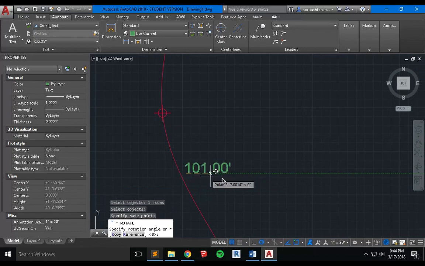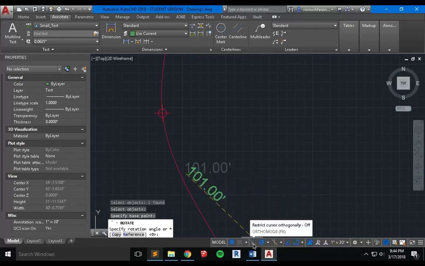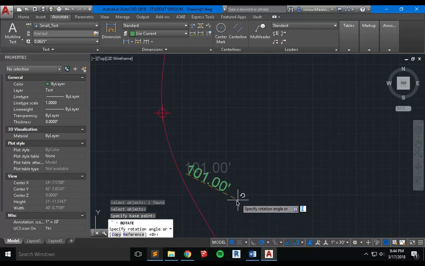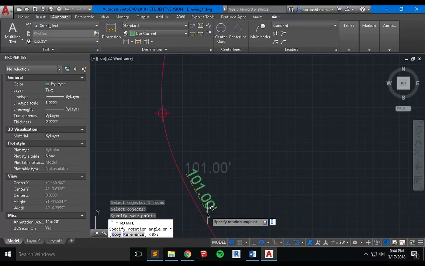And then as I move my mouse, I just want to make sure that Ortho is off in this command. So then I move my mouse and you can see that I can adjust it and bring it to the right place and right angle I want. I don't know the exact number. If I know it, for example, let's say right now it says 0, if I type, for example, -30,